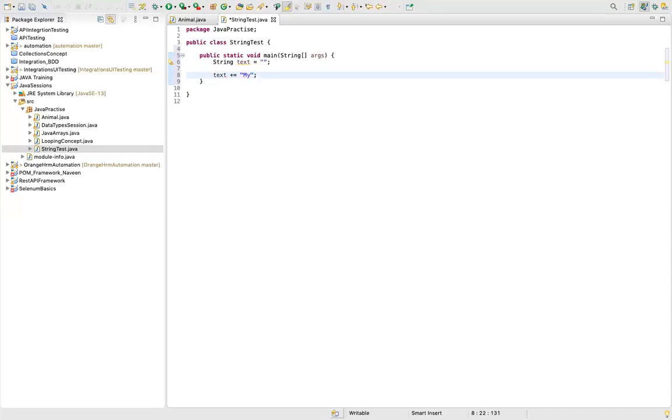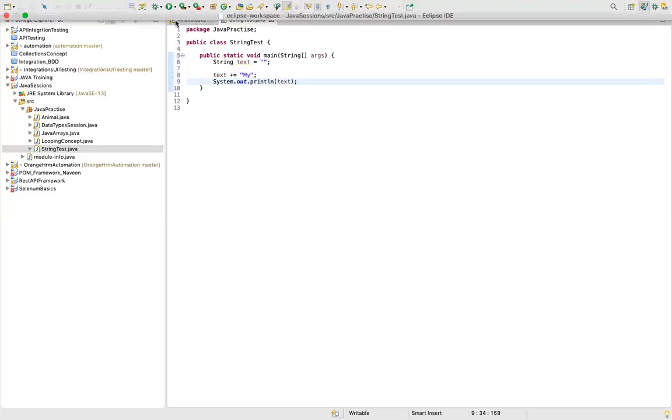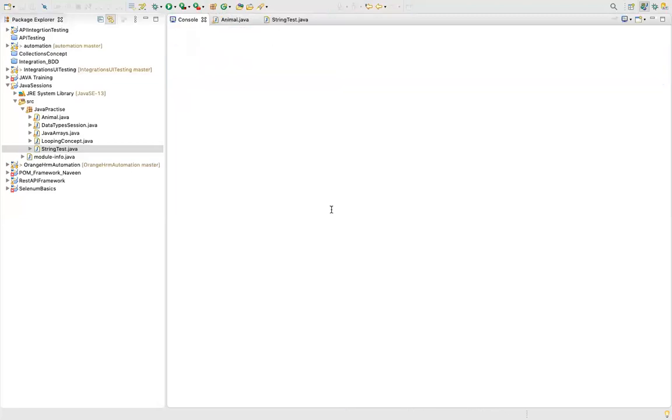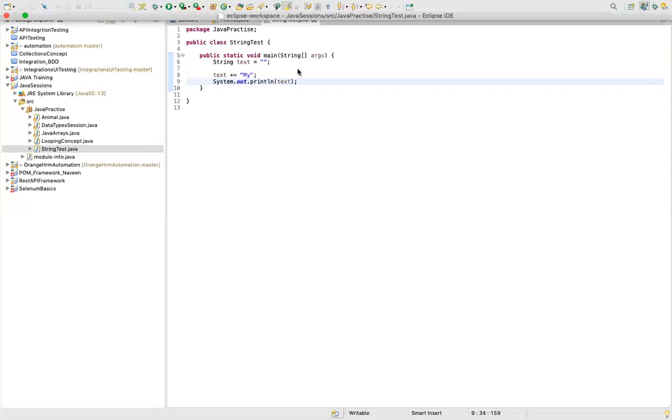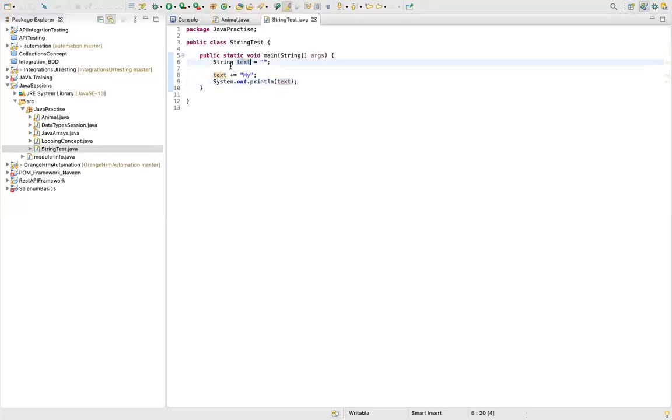Now let's just try to print out text. It's printing my. So what we have done is we have declared a string, the variable name is text, and we are appending my into this particular text.